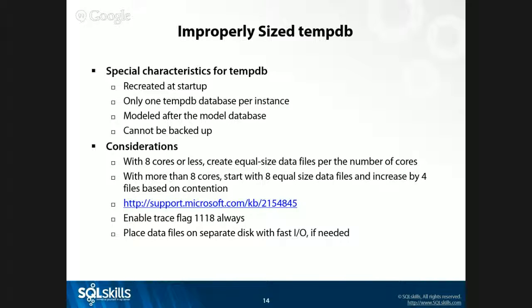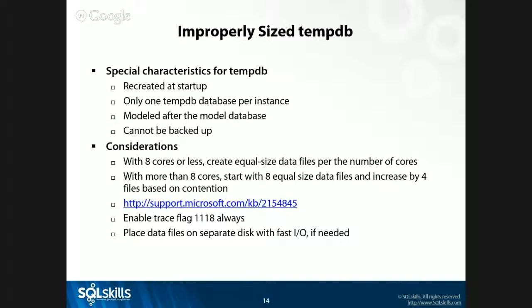You can also enable instant file initialization so that when TempDB is recreated, the files don't have to be zero initialized. So that's going to decrease your startup time. And then also if TempDB has to grow, the data files don't have to be zero initialized. With TempDB being used by the entire instance, if zero initialization had to occur and TempDB is growing by a gig at a time, well, until that file grows and is zeroed out, operations are going to cease on the server. So you can start seeing high waits.